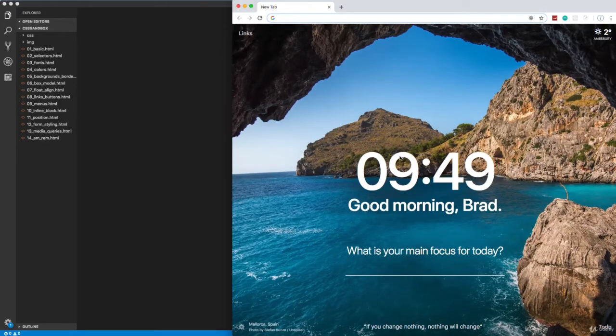All right, so in the last video we talked about rem and em units. Now we're going to talk about VH and VW, which is viewport height and viewport width. So the viewport is this whole area inside the browser, basically the browser body, okay? And when we say, for instance, 50 VH, which is 50 viewport heights, it's going to take up 50 of